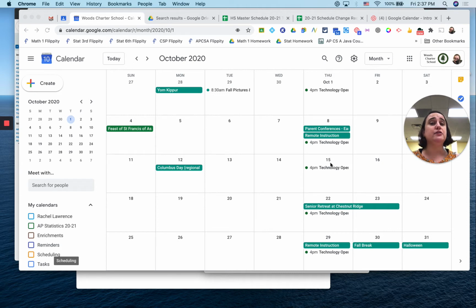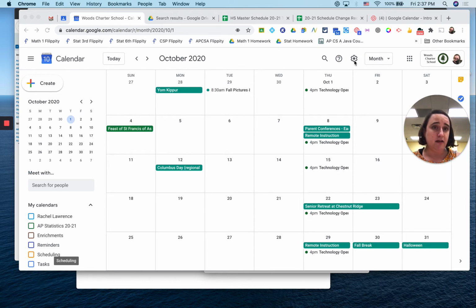But if your calendar is private, that event will just say that you're busy unless you have chosen to share that event's details intentionally with a particular person or in general for that particular event. So this is an important thing to pay attention to that a lot of people don't realize they need to pay attention to. So just like with all the other Google apps, I'm going to manage my settings by coming